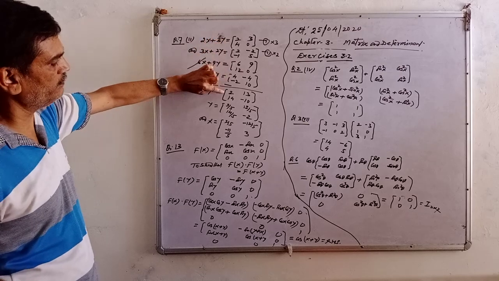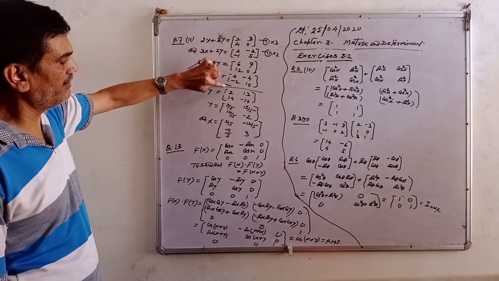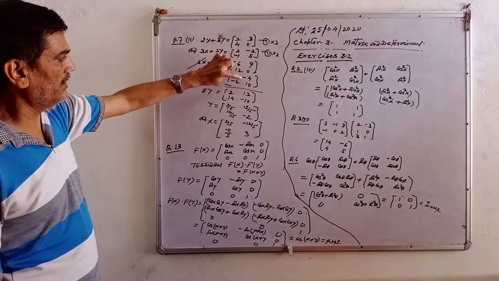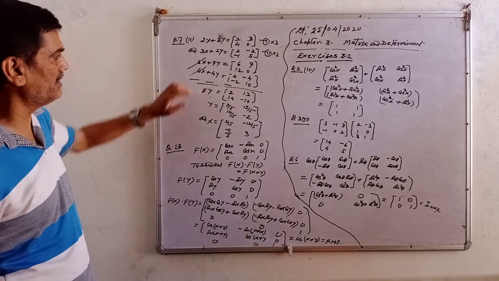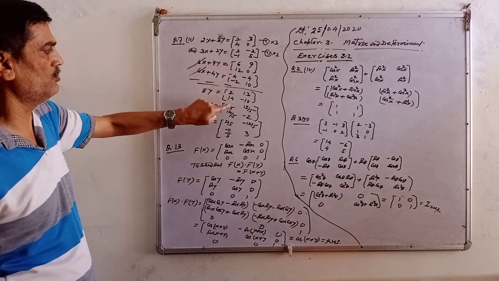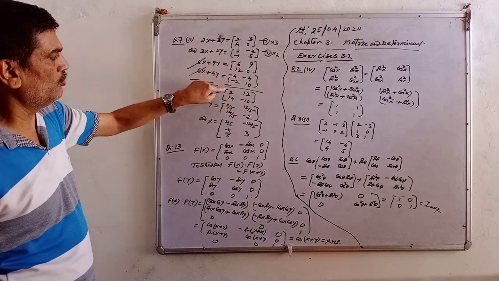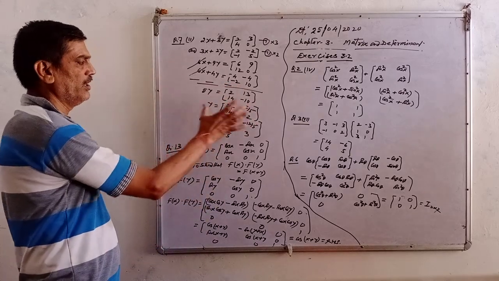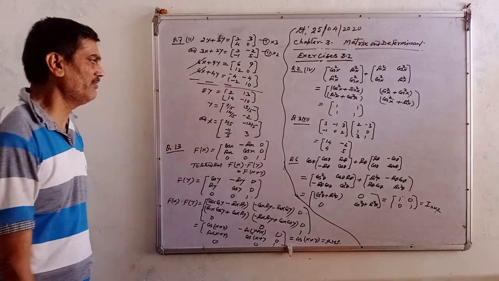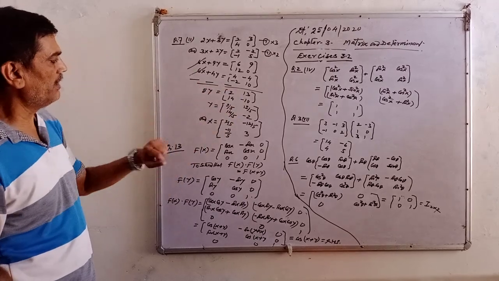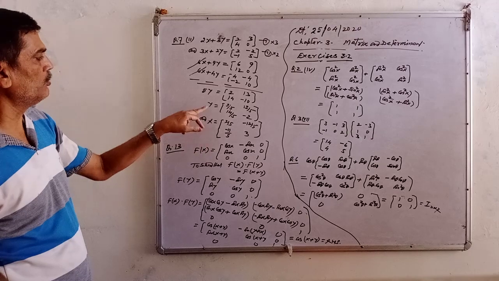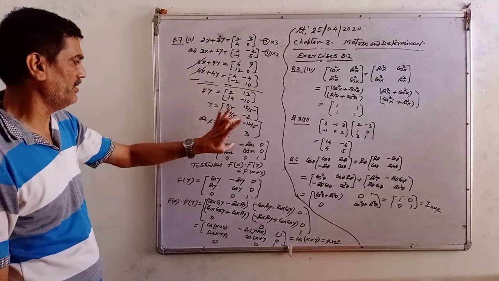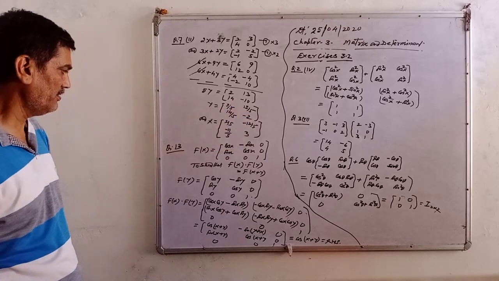6 minus 4, that is 2. The 9 sign will change of this matrix with this minus sign. So 9 minus minus plus 4 is 13. In the second row 4 minus minus plus 2 is 12, and here 0 minus 10 is minus 10. So the value of y is this, dividing by 5 in each element. Now similarly you can determine the value of x, putting this value of y in the first or second, find out x. So the value of x is this x matrix.